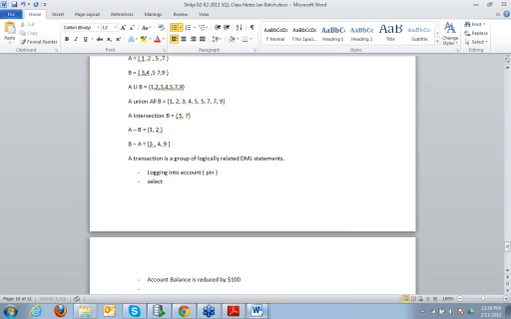You would say: select user ID, password from user table where user ID is equal to 1234.